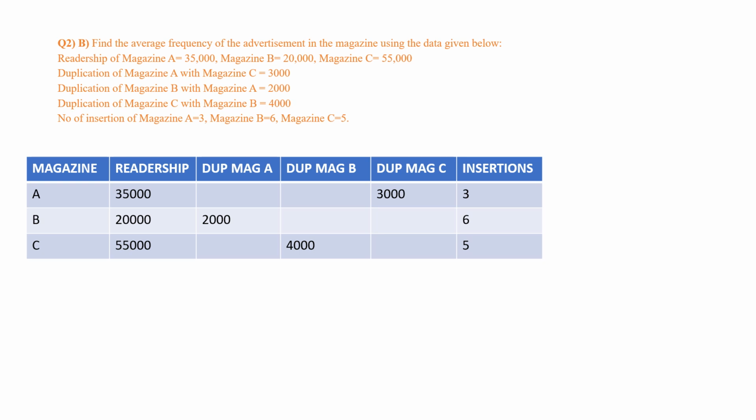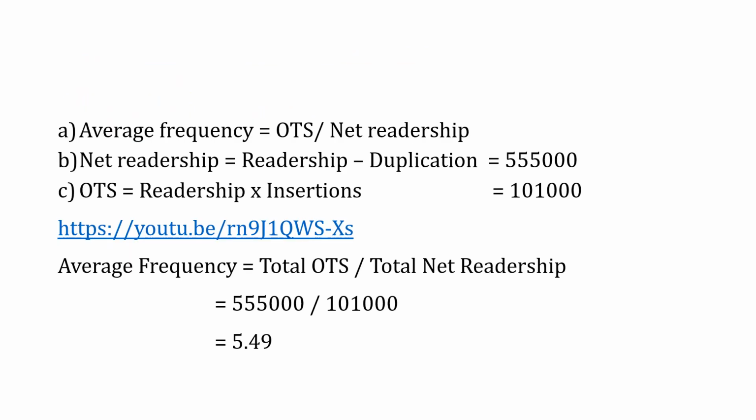Now, first thing we do is we put down the numericals in a table that is easy for us to understand and solve. So the question is in color on the top, and I've put down the details for you so that you can clearly see what you require. Now our formula is average frequency equals opportunity to see upon net readership. Now to get the average frequency, we need two other aspects, OTS and net readership. So the formula for that is net readership equals readership minus duplication. Now if you follow the table, you will get the answer